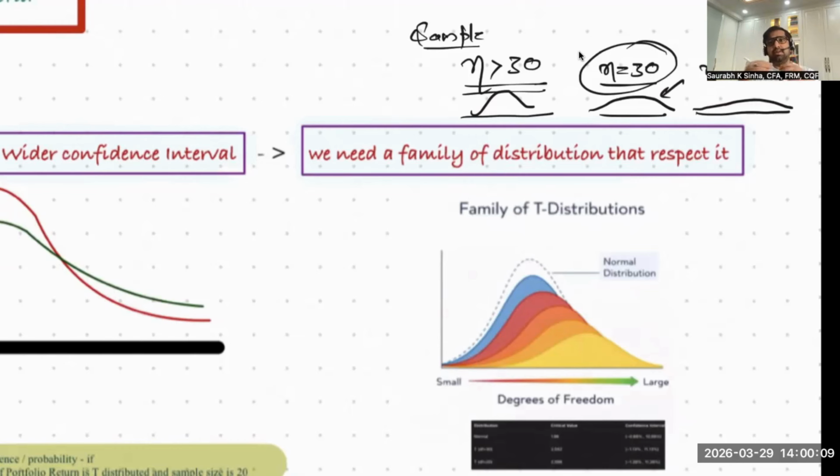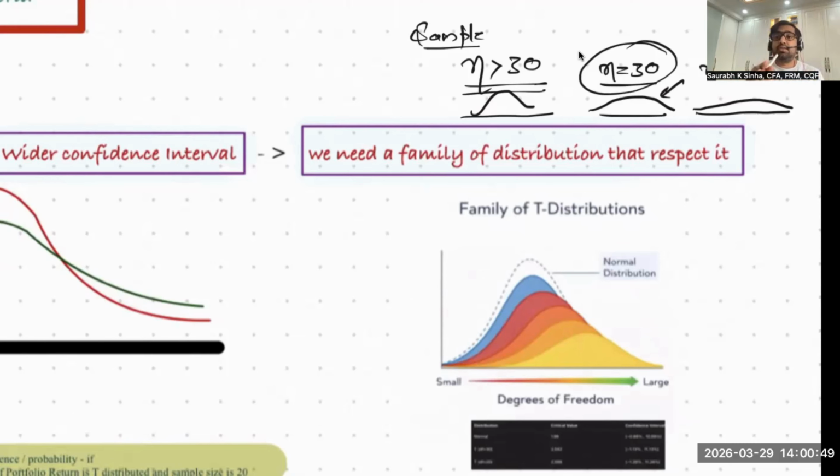So definitely the t distribution should respect that if the sample size is decreasing, the quality of distribution further decreases, and it should keep on decreasing. For n equal to 30, this is the t distribution which you can use. But if the sample size decreases further, you cannot use the previous distribution. You have to use a much worse distribution than the previous t distribution, which would be much wider. Even this is a t distribution, but it is a worse t distribution than the previous one. And if n is 28, again, you have to fall back to a much worse distribution than the previous t distribution.